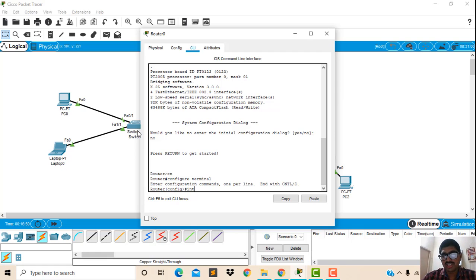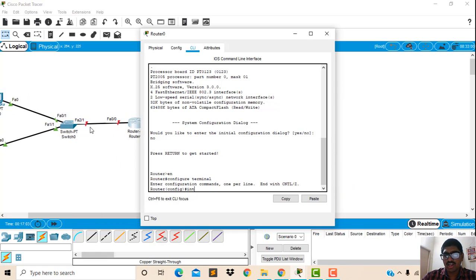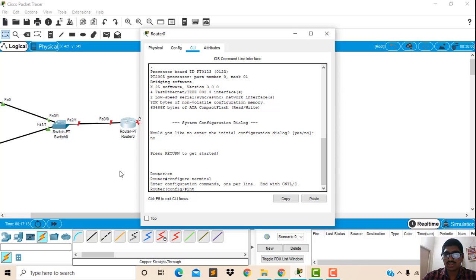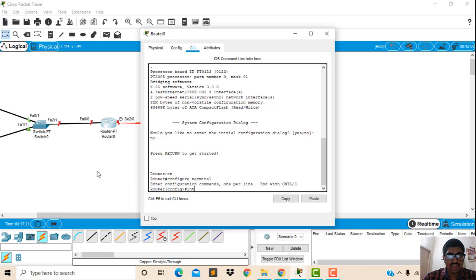This PC and laptop share the same default gateway. Because these two PCs as well as the laptop have the same default gateway, I am using it to connect them with the router. Now we can see that it is FA 0/0.